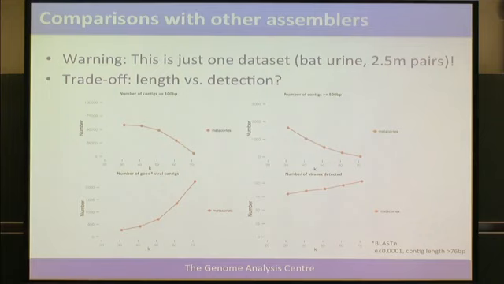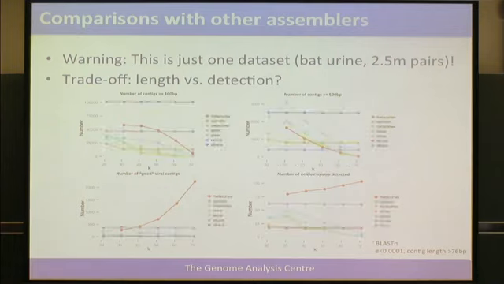So the first thing to note is that increasing k-mer size gives us shorter contigs, but equally increasing k-mer size has given us more detection value. So there's this trade-off between the length of the contig and the ability to detect the different viruses that are present. And this is seen also if I move on to the next slide, where we've added in the other